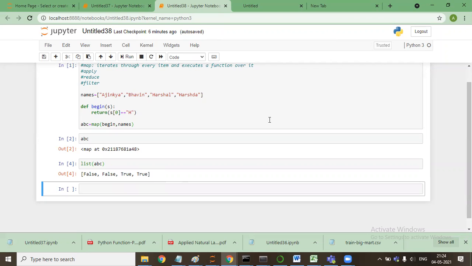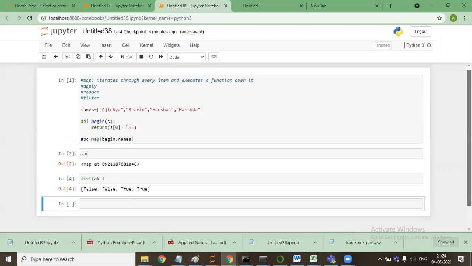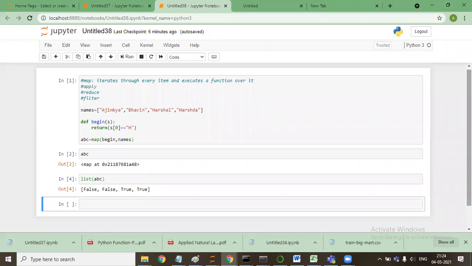Okay, let me tell you again. So I have made a function that is begin. I have taken a list. Now what I have been doing is applying this function with map on every element of this list.